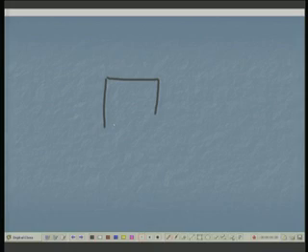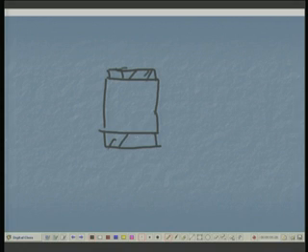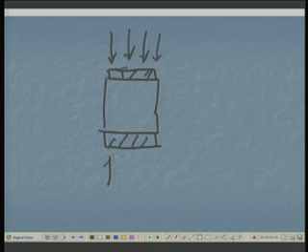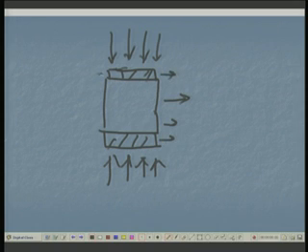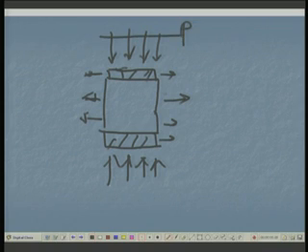If you have your specimen like this, and you have put a capping material, let us say at the top and also at the bottom. Now, when you are applying load like this, due to Poisson's effect, there will be transverse movement of all this. So, this will have a tendency to move. You have applied P load here, P reaction will come from there, but there will be transverse movement.